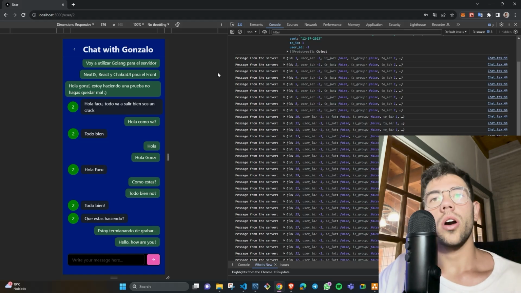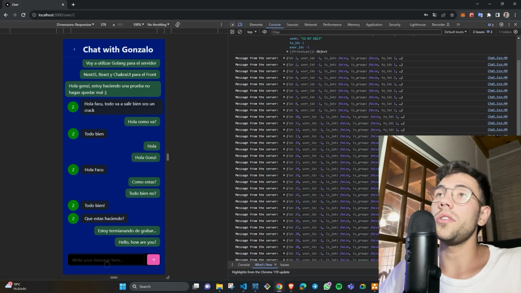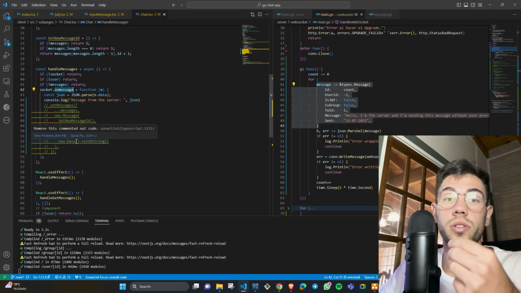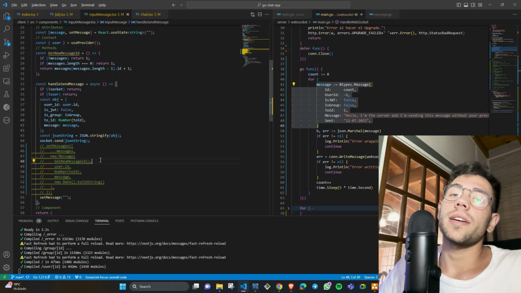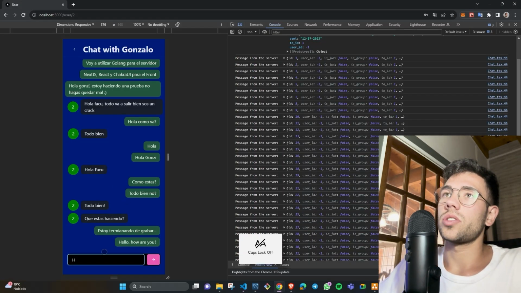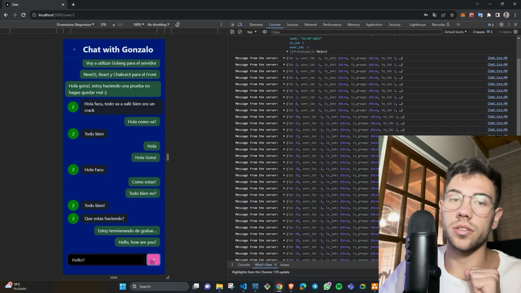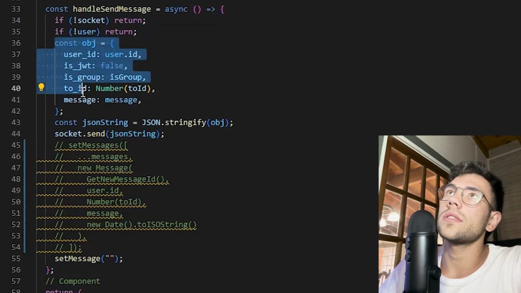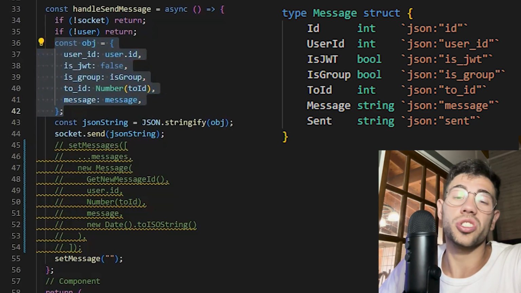That's fine. Now, how do we as clients send messages to the server using WebSockets? To do that, we will use this input here to send messages to the WebSocket. I will explain how to make that first in the code. Every time I type some message like this, hello, and I press this send button, this function is executed. This function creates an object with the same structure as this message structure, or some of its parameters,